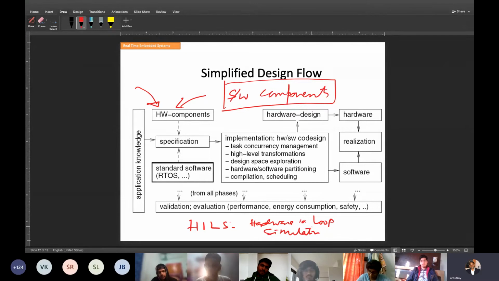Hardware in loop simulation means, if you want to design a controller for an automotive engine or a big induction motor, for example in Indian Railways, the electric locomotive engine has an 800 kilowatt induction motor, and the controller has to be designed. Do you think I'll bring that 800 kilowatt machine to the lab and test it? The answer is no. Why? Because if you do a bad controller, the machine will be destroyed. There may be instability, or high temperature rise. So the machine is not to be brought to the lab.